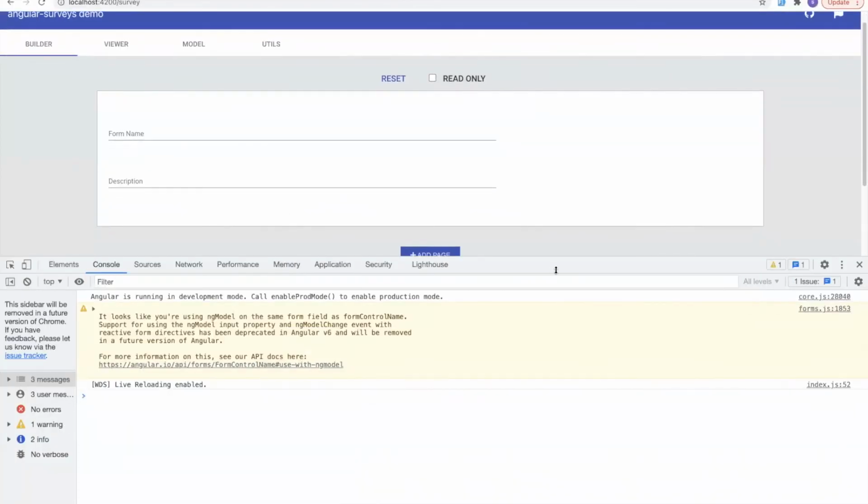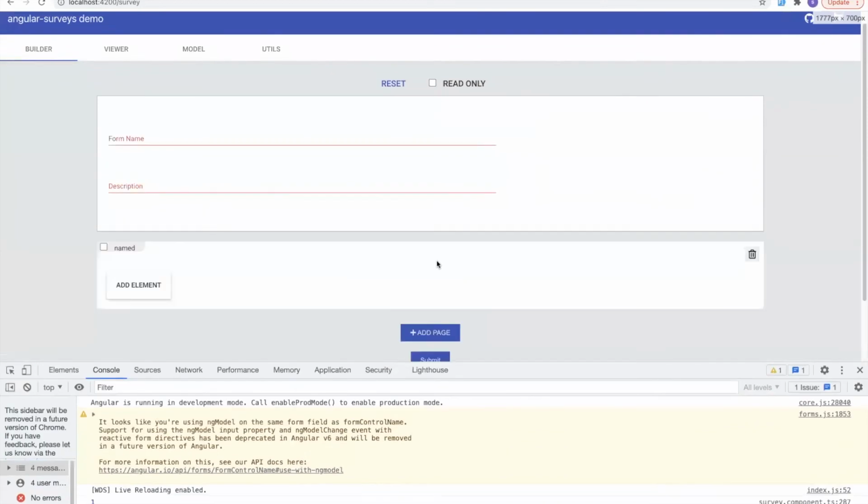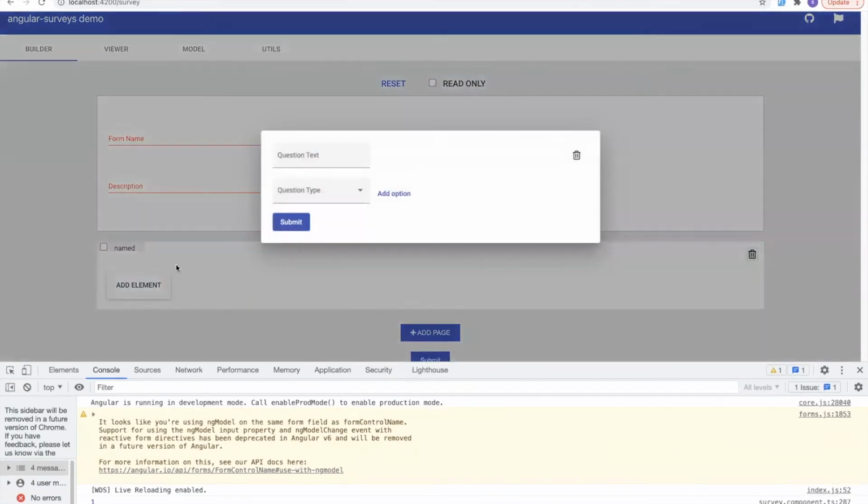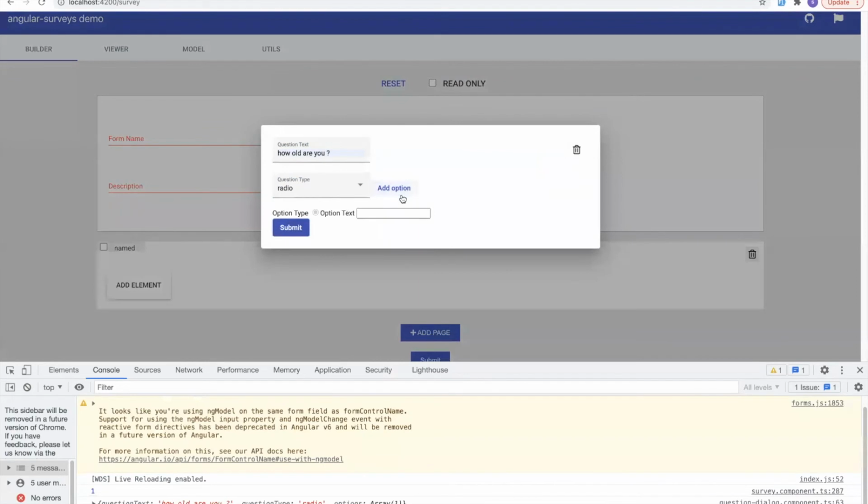Now let's test it again. So let's put a question text like, how old are you? Let me put a radio button here. So I will add option type, it's a text box.